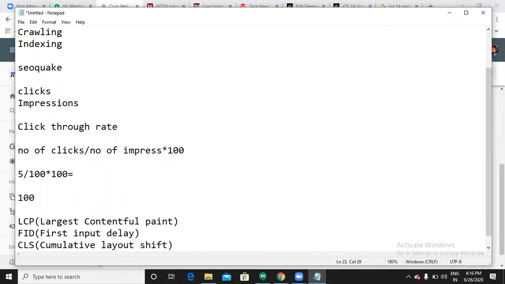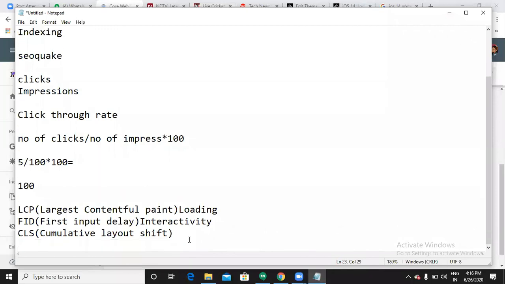Here it was trying to show me the warnings. Actually, they are not errors, they are warnings. Warnings mean you have to improve your website. So LCP, largest contentful paint, then FID, first input delay, and cumulative layout shift tell about the user experience. LCP is completely about loading. FID is all about interaction, interactivity. Then here it is all about visual stability.